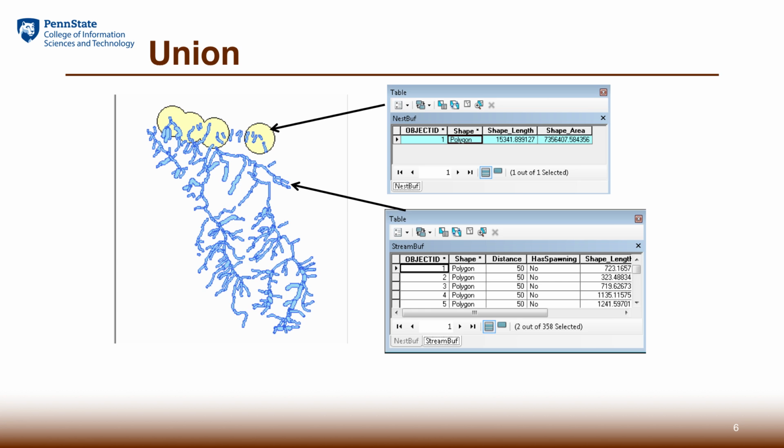In order to do a union, basically we need to calculate the geometry so that we can figure out where the overlapping and non-overlapping areas are and output them to the destination feature class. In this case, we are only interested in the overall area of the non-harvestable areas. So we can do a simple union analysis.